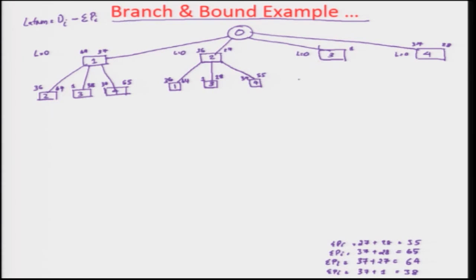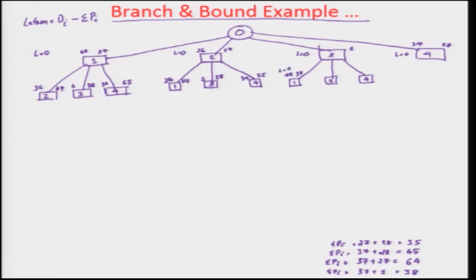We can say that, okay, there are 3 places that we can do at this point. So, 1, 2 and 3. Okay. So, I can put 1, 2, 4. So, these are the 3 options I have, and this one, if you think about this, 3, the processing time is 1. So, there is no lateness here, and so then the next job is 1 we have taken, and that is 37, right. So, 37 plus 1 is 38, and it is supposed to be delivered on 49. So, no lateness, L is equal to 0.